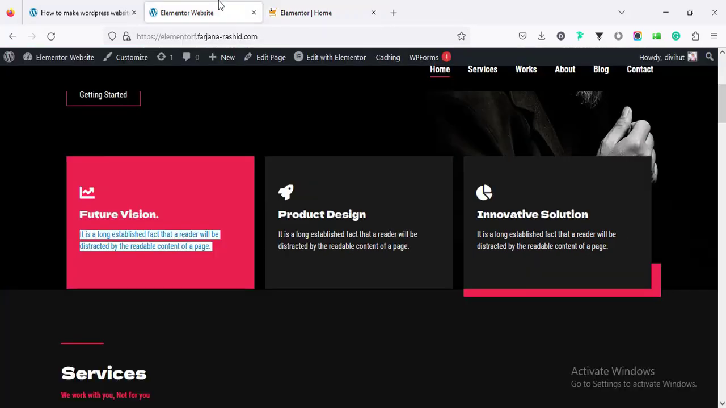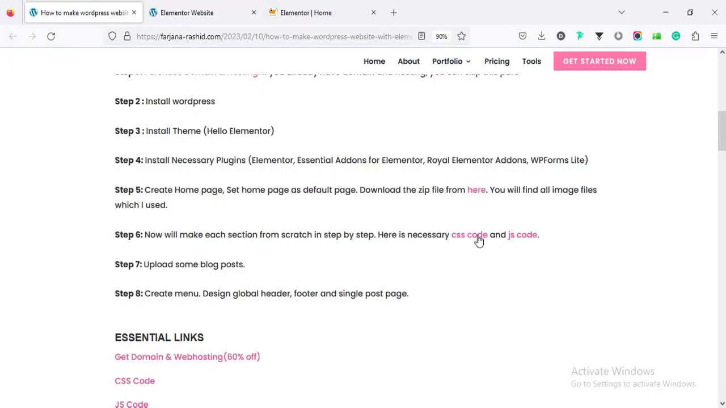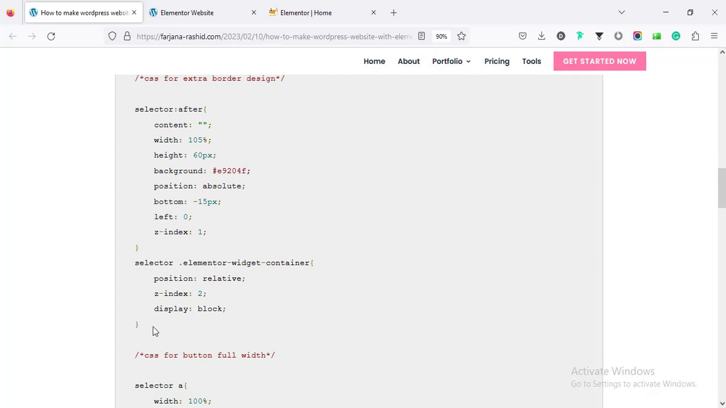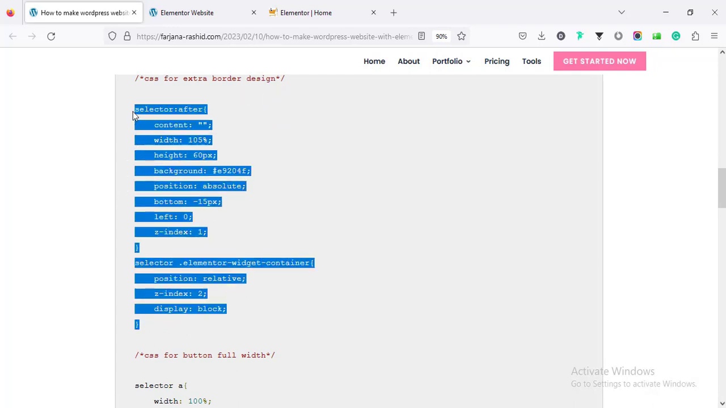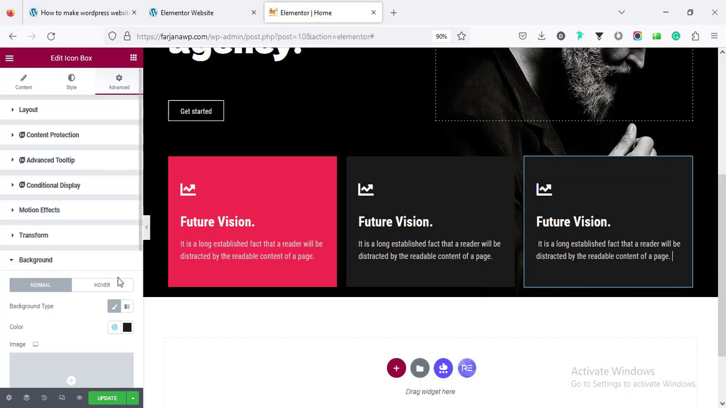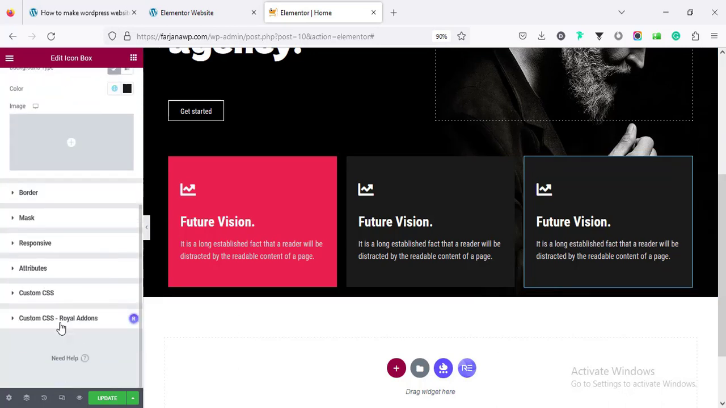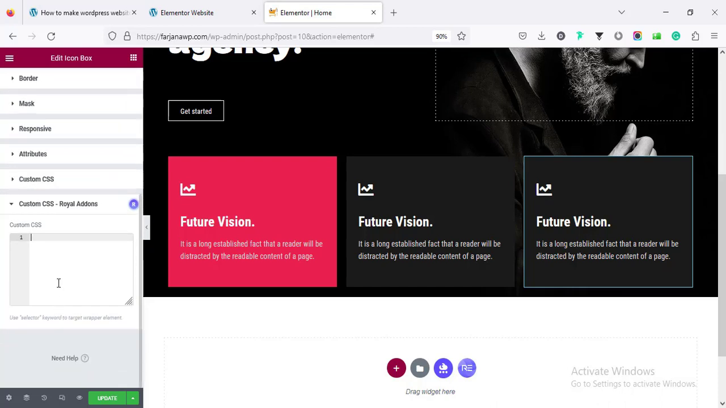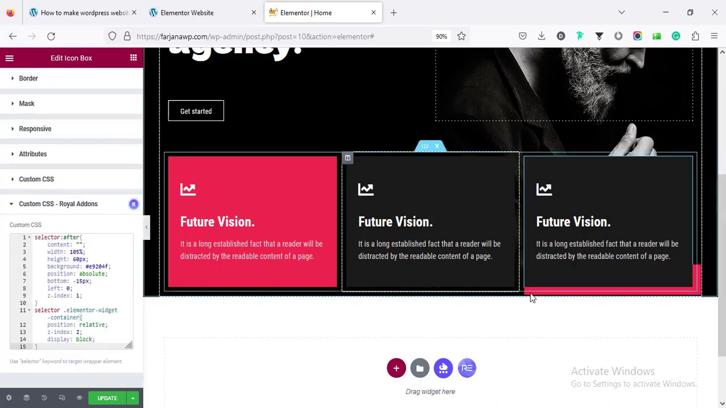If I see the other side, here is a border line, so we can make this style with some custom CSS. If I go to my site and click on custom CSS, here is CSS for border design. I'm going to copy this CSS and go to this box. From advanced, if I scroll down, here is the custom CSS. It's coming from the Royal Add-ons plugin, and simply paste our CSS,